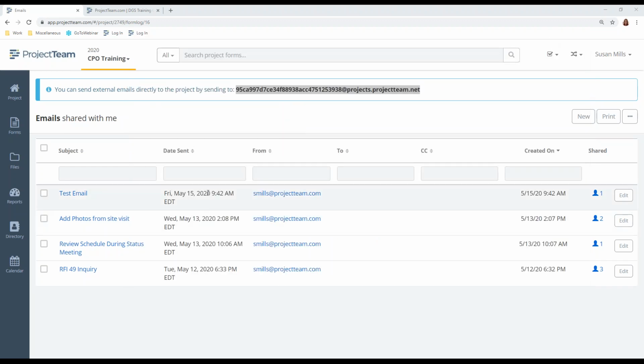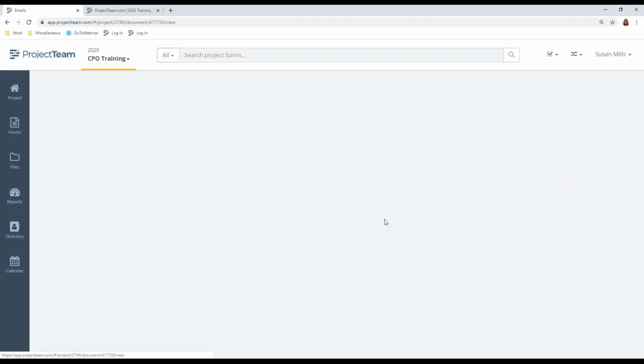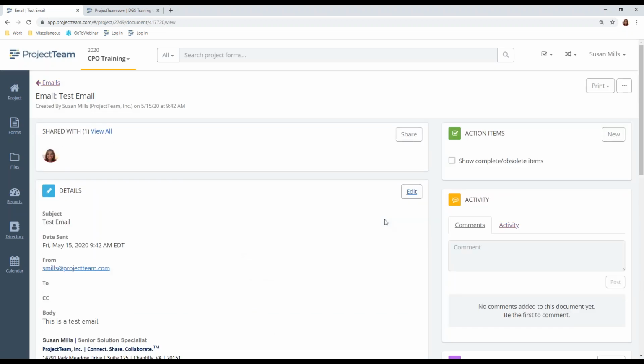Now, it'll take a second for this to populate. Once it gets in here, it's going to show that I've only granted access to one person. If I click the blue icon, it shows that I am the only person that has access. Now, you don't have to share it, but it really doesn't do a lot of good if you're dropping it in the system and then nobody can get to it when the project's over and they need it, right? So I do suggest sharing it with at least one person, you know, the project manager, so that way they